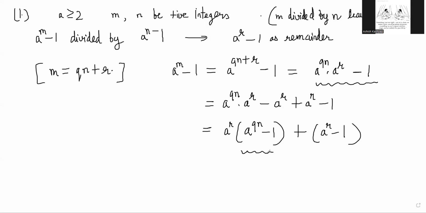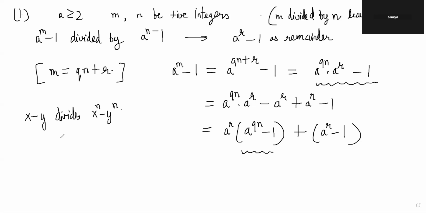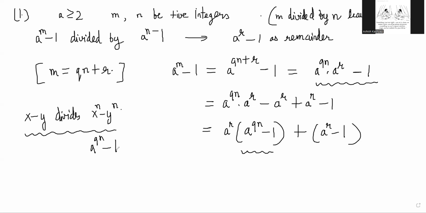Because now you can say that if you remember, we had proved that x minus y divides x power n minus y power n. So we can write the quotient also here. We had discussed that previously, right? So here what do you have? A power qn minus 1, and we have to divide by a power n minus 1, right? We are raising it to the power q, right? A power n minus 1 will divide